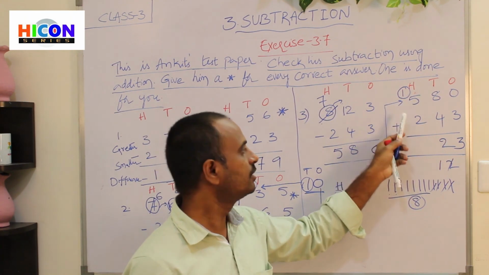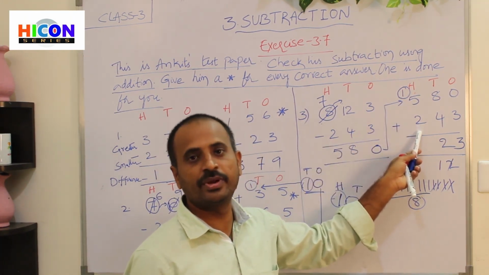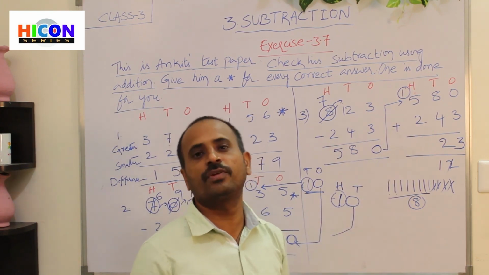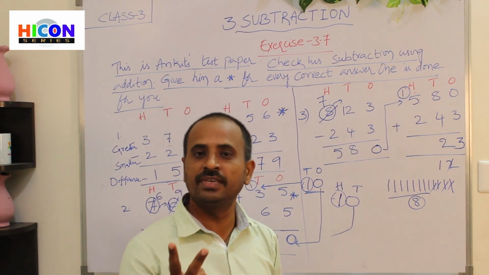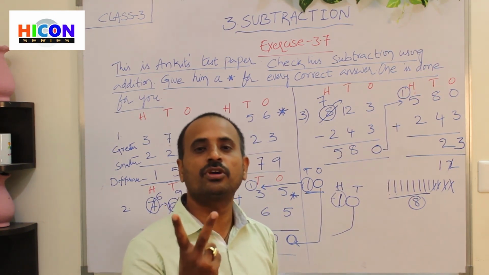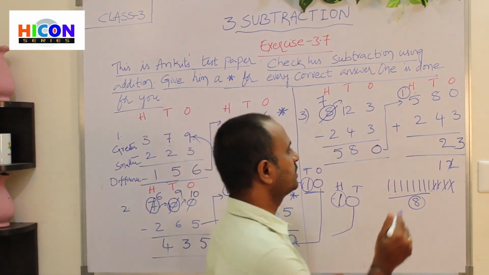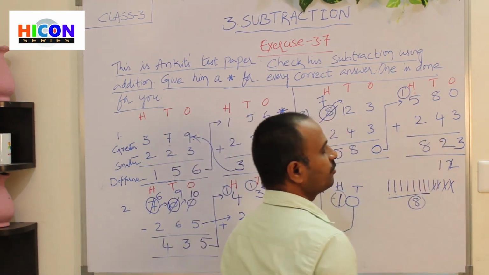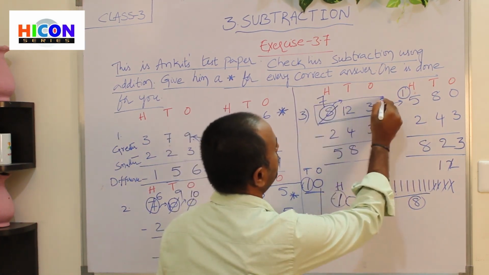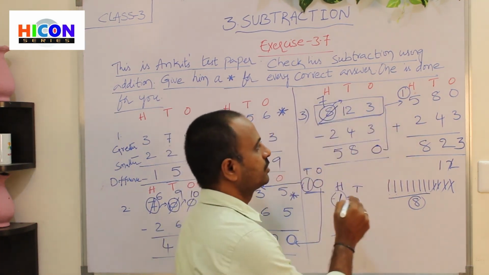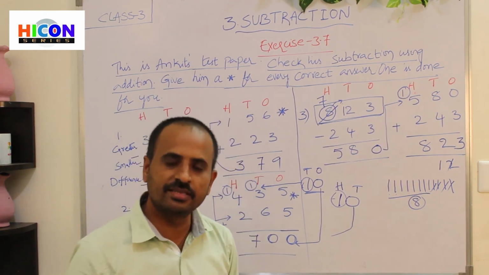Now add 6 to the 2. What is the third number here? 2. Open 2 fingers of your hand. 1, 2. And what is the sum? 6. So after 6, we will get 7. So start counting from 7. 7, 8. So the answer is 823. So this is the first number. So here we have got the first number. So our subtraction is correct.